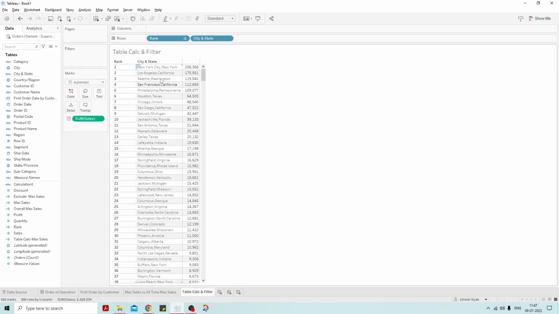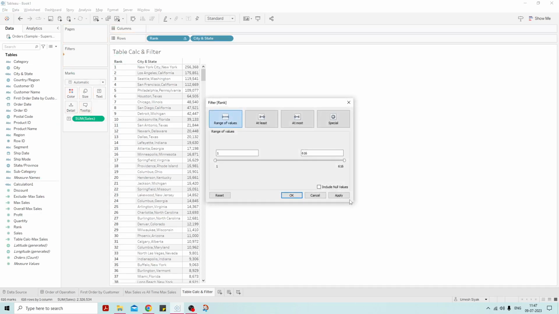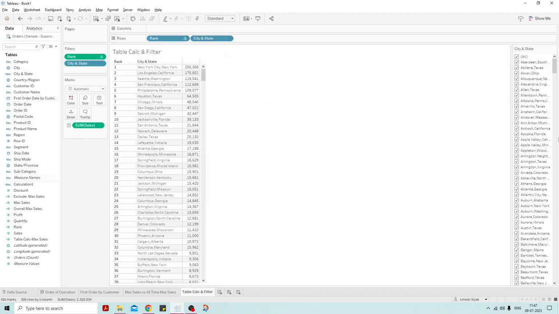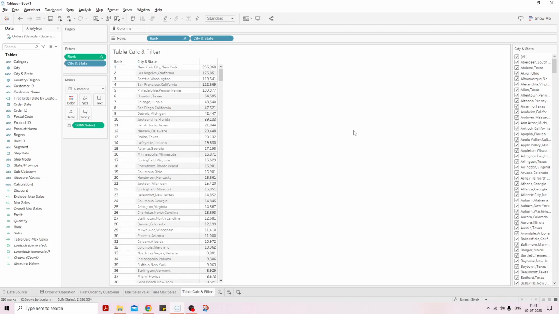Now I want to filter it using the states, say. So this is our rank. This is showing from all that this particular city or state is top with this much